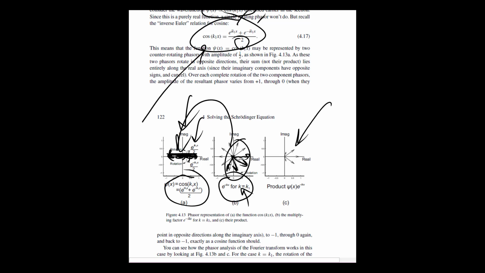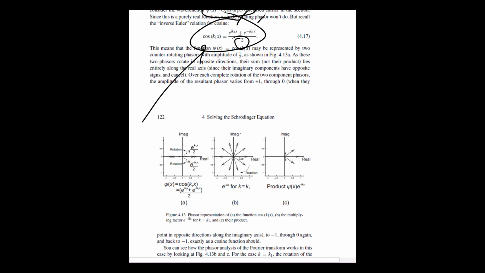Notice, if k equals k1, some are bigger, some are smaller, but when you add them together, all of the vertical parts, that is the imaginary parts, cancel, and you get a result along the real axis, exactly as you would expect. Had k not matched k1, had we picked a different k, then this phasor and this would not